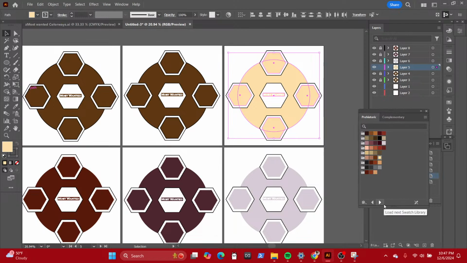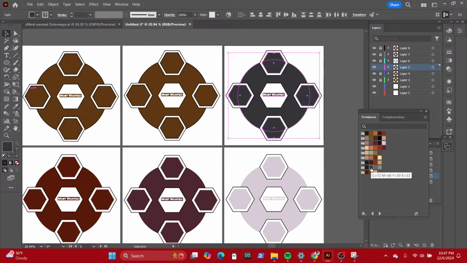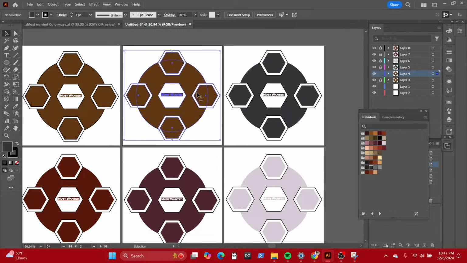So we're not doing prehistoric right now. There are some other colors I don't mind doing. Like, I don't mind that gray, but I want to go darker with it. I'm not sure how that's going to look on white. I do like it right now on white, but we'll just see. We might end up changing it, but let's go ahead and change this one up.